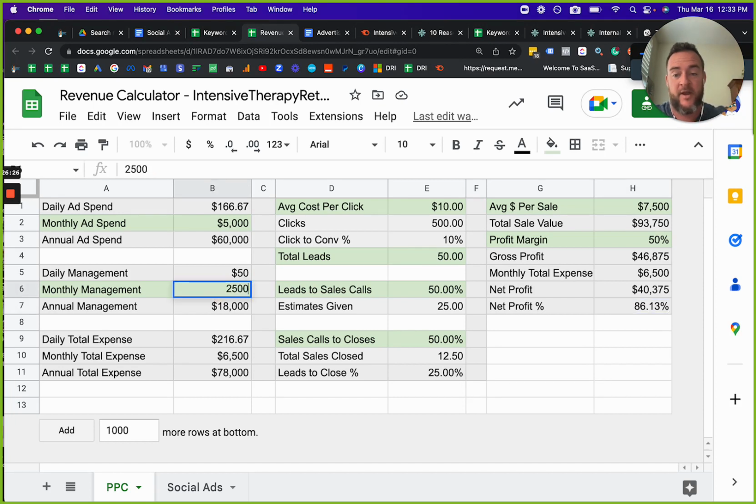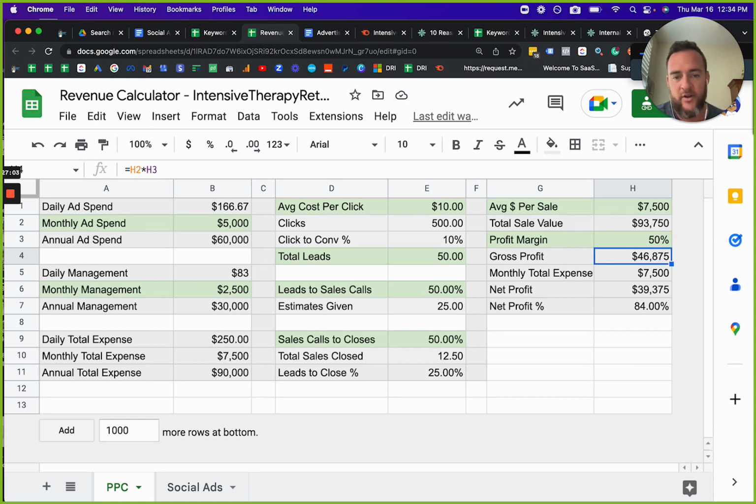Even if we're getting paid our typical retainer, the retainer stays static at $2,500. So as you increase your monthly ad spend, your net profit just continues to go up, even if we changed no other variables. And again, if you only have 25% overhead, including renting a room to have the retreat or renting a place and then having them pay more or less, or plane tickets, it really just depends on what you want to put in here as the overhead. You can play with this number as well. This tool you'll have in your folder with all of your other assets. So feel free to play with it.